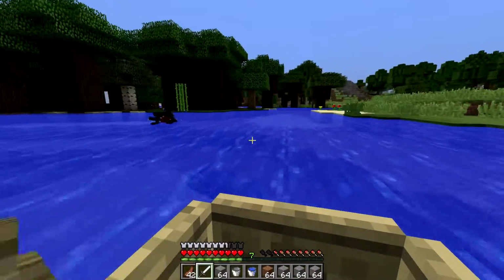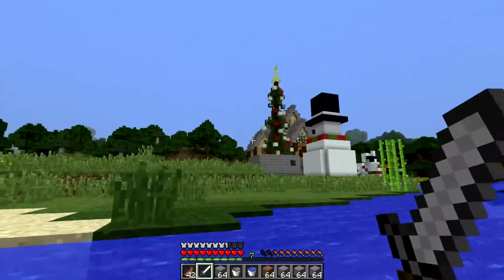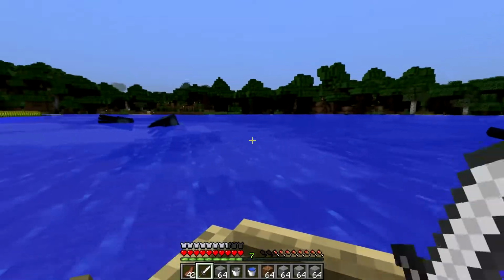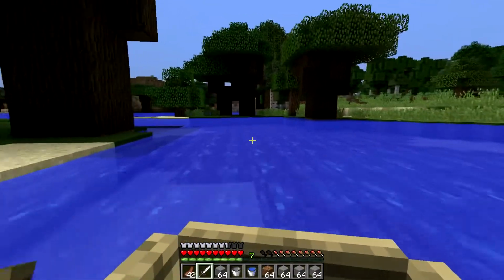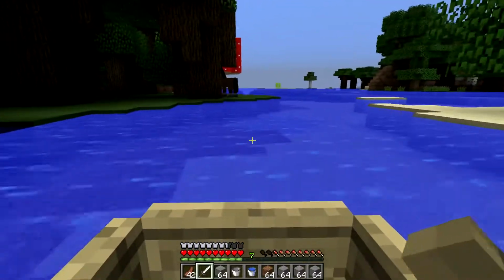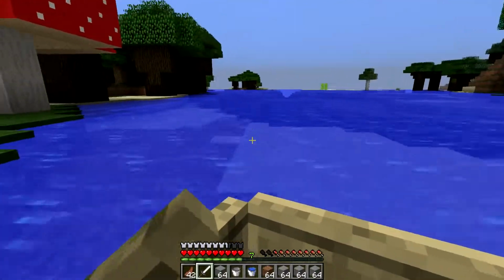I know this little outlet here. I love this. It's like my own little lake, but it has an outlet to the ocean right here. It's great. So, the reason why I'm going out into the ocean right now is because